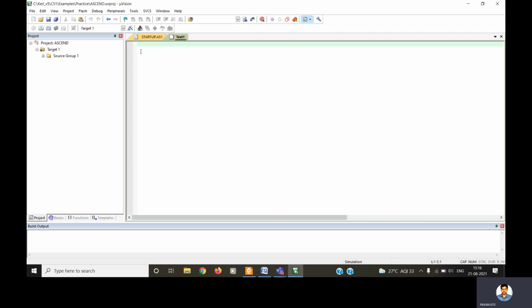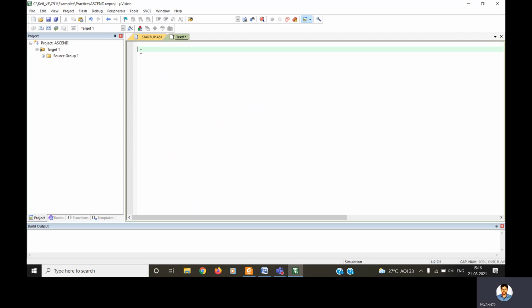You have two options: write the program in assembly language format or in C language format, because microcontrollers support both assembly language programming and embedded C programming. But as per my tutorial requirements, I am going for the assembly language format.